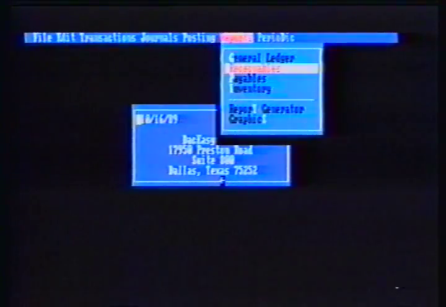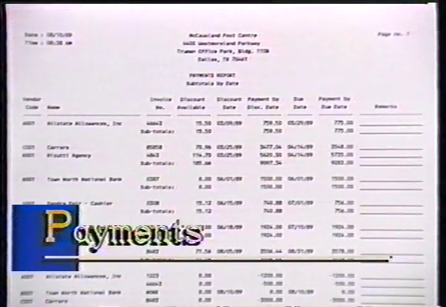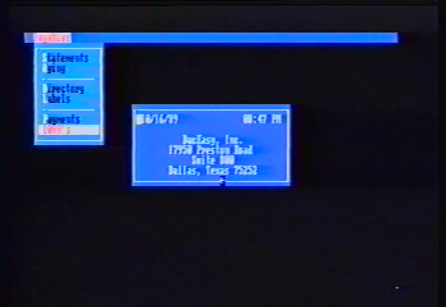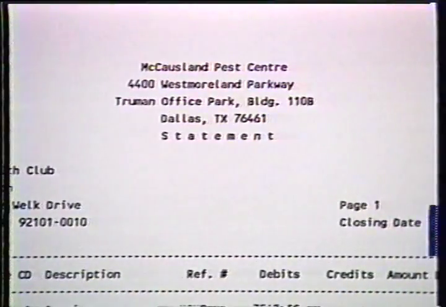A full directory listing containing all the information from the customer master file. And even labels for mailings. Payables contains the same report selections as receivables, with 2 additions: payments and 1099s. Using the vendor account information, DacEasy produces statements,